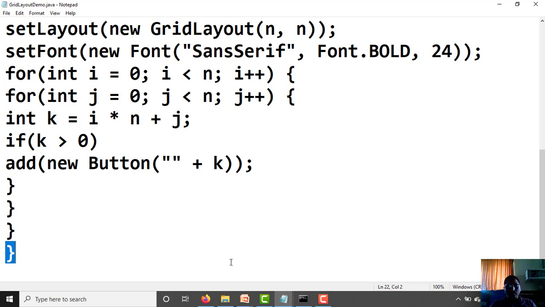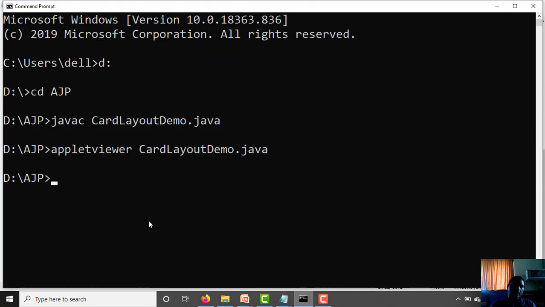Okay, let's see the output for this program. Start command prompt, javac GridLayoutDemo.java.